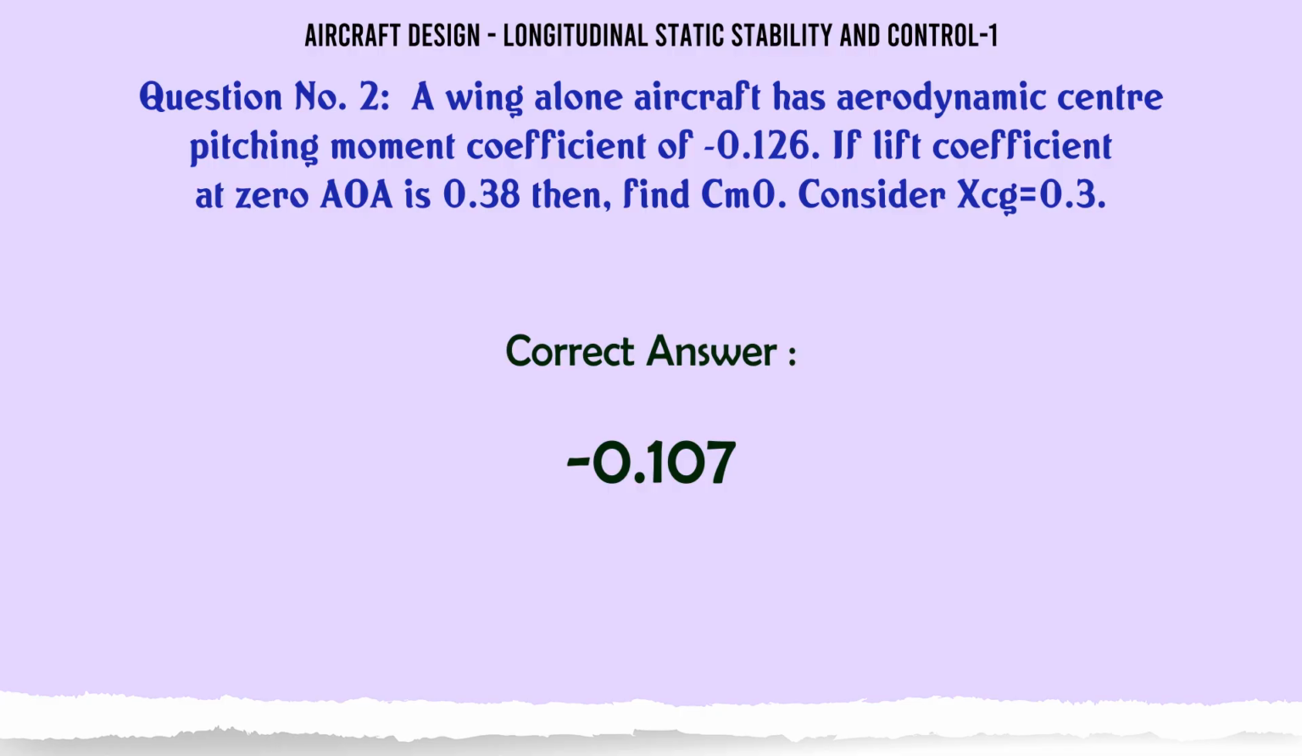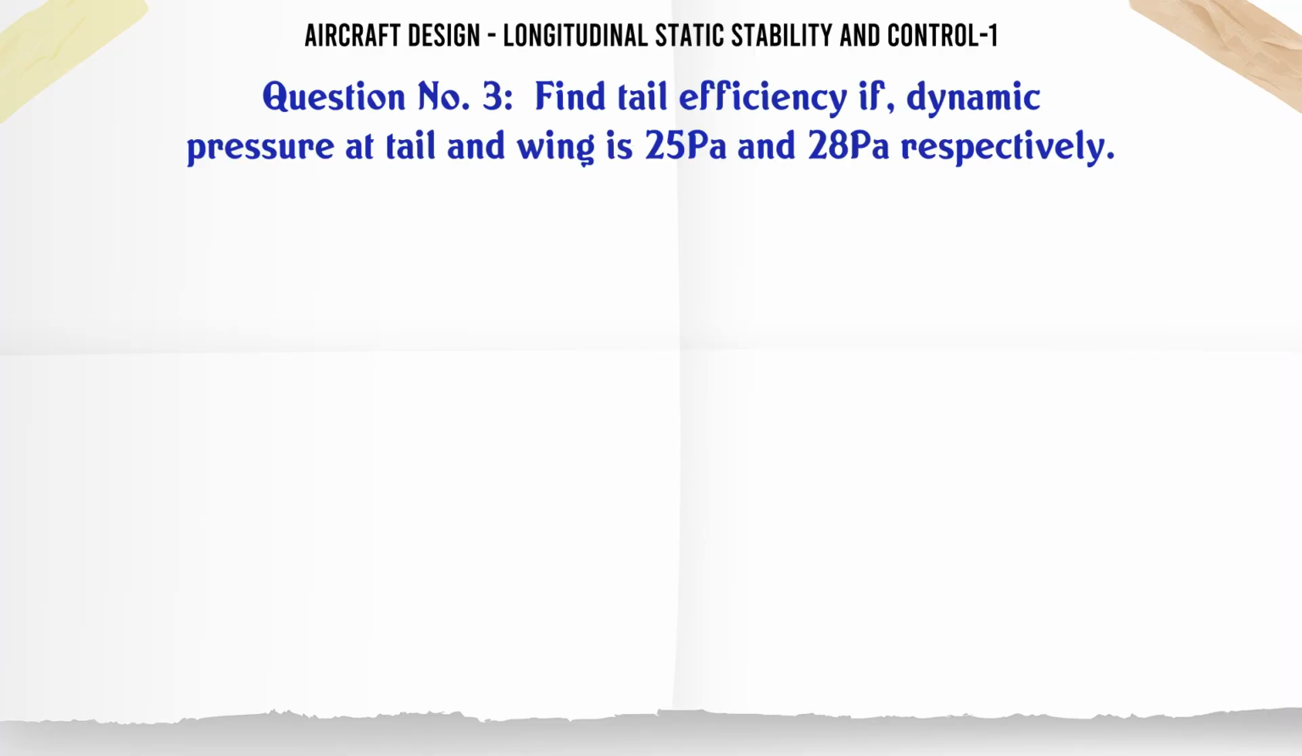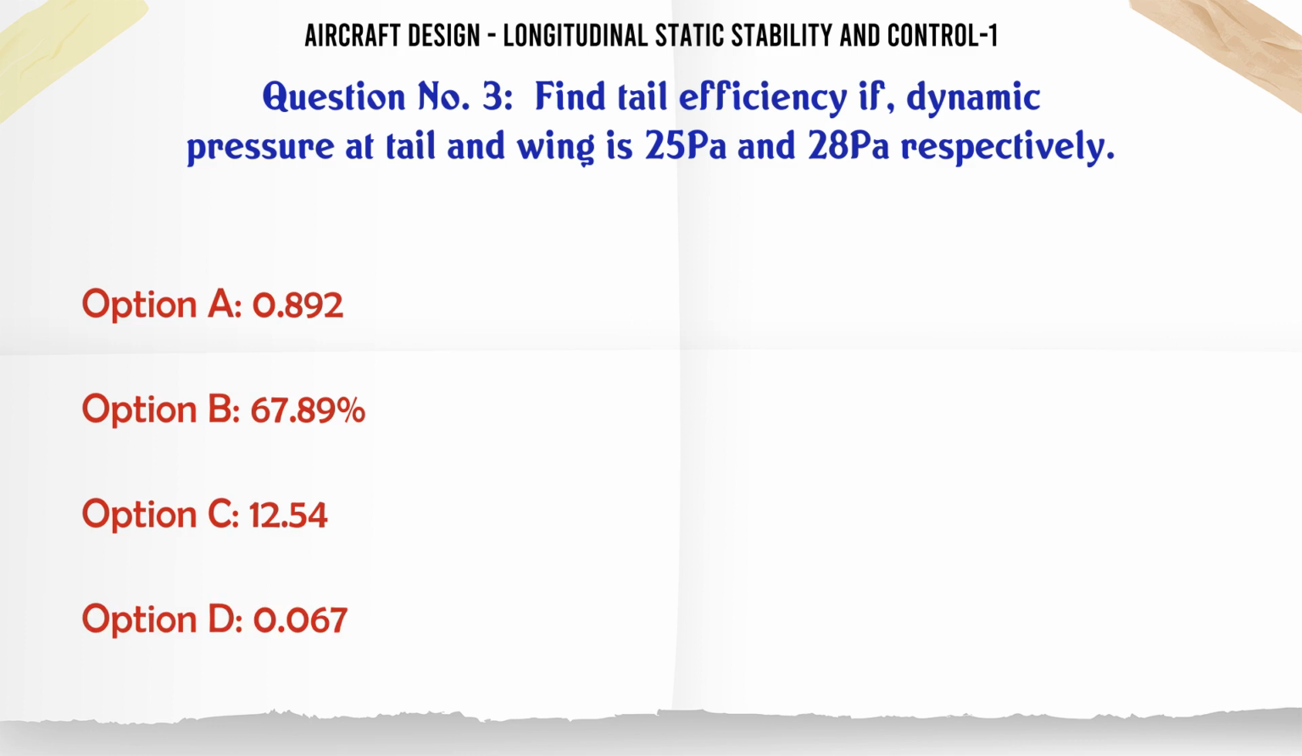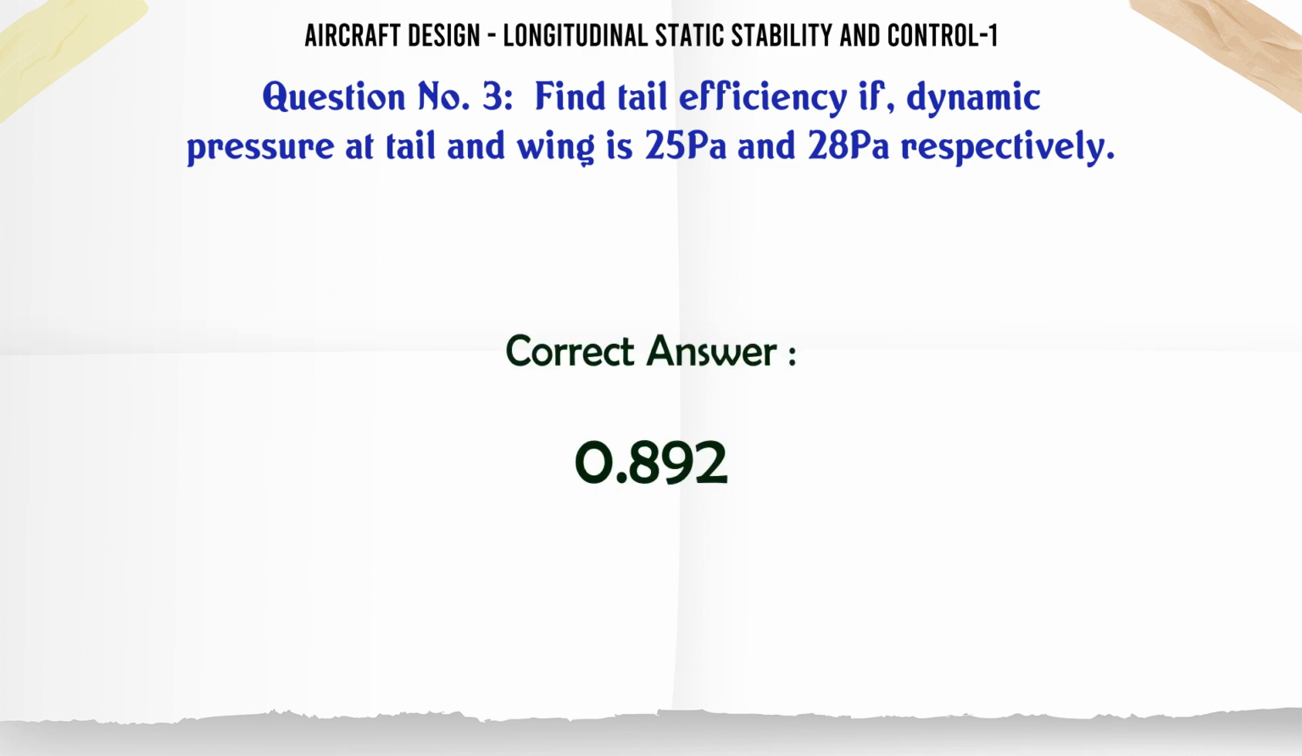0.107. Find the tail efficiency if the dynamic pressure at the tail and wing is 25 Pa and 28 Pa respectively. A 0.892, B 67.89, C 12.54, D 0.067. The correct answer is